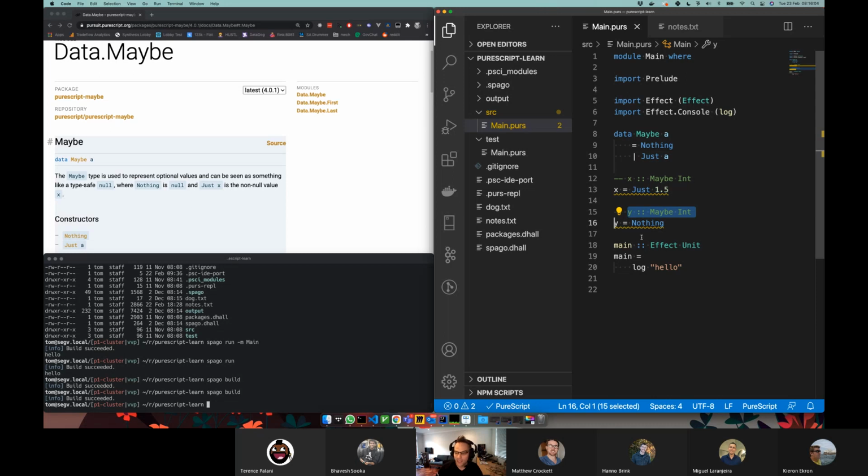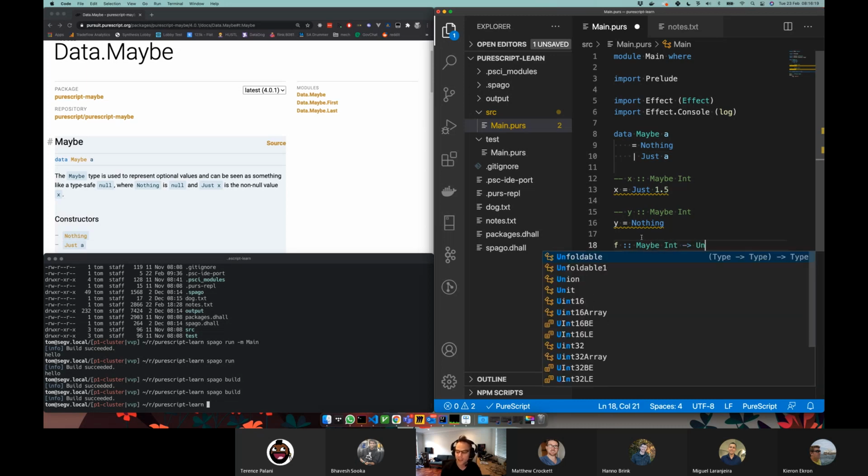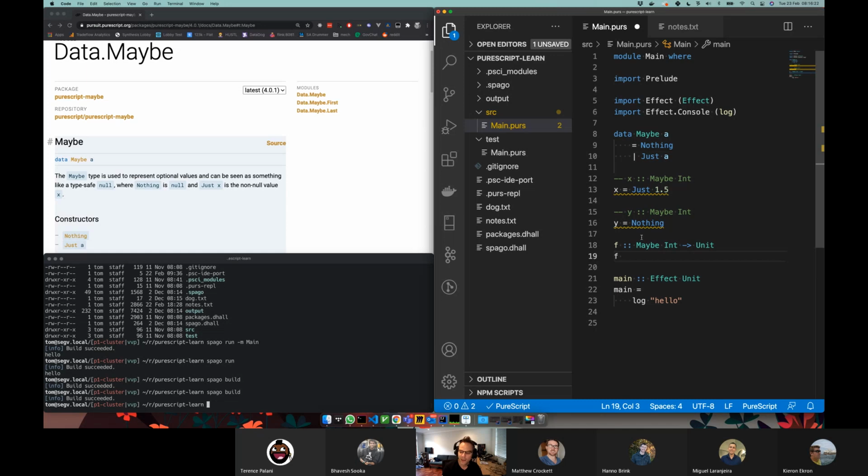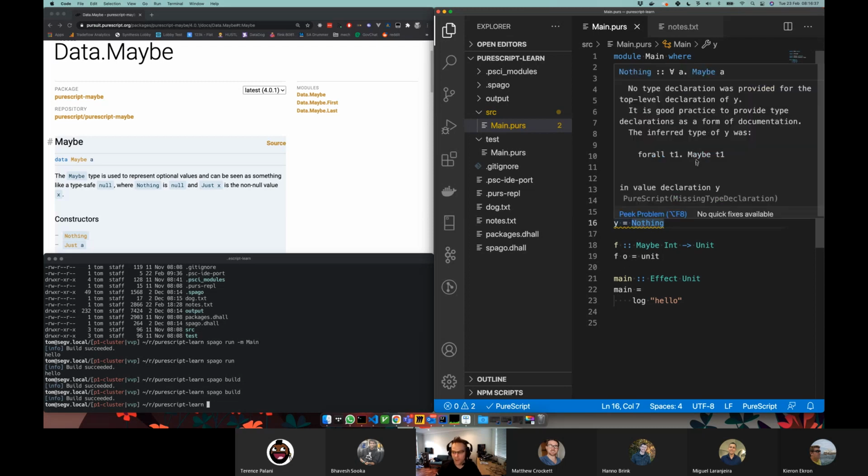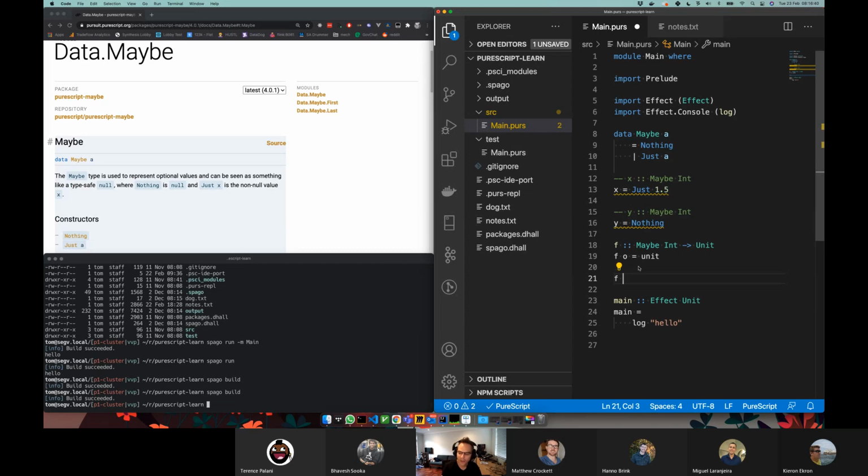So nothing is this unknown, from a type check perspective, though. So say I created a function which takes a maybe of type int and returns us a unit. So this function does nothing. F of o equals unit. So that's cool. Does that make sense? I've made a function that takes a maybe of int and returns us a unit, f of o. If I've got y here and y is of type nothing and we don't know what it is, it's a maybe of t1. If I call f with y,